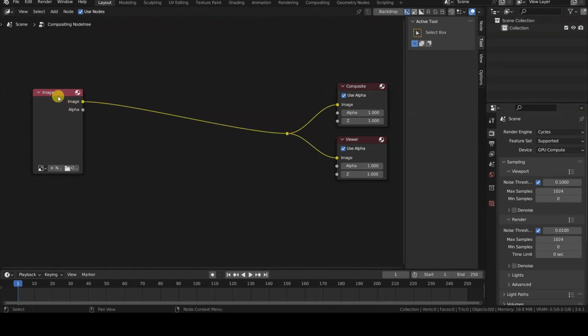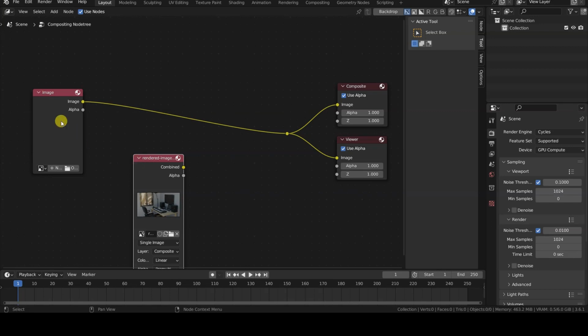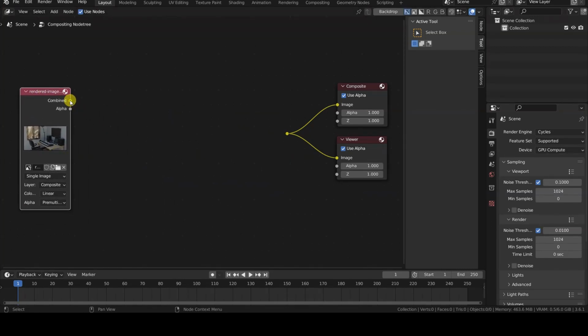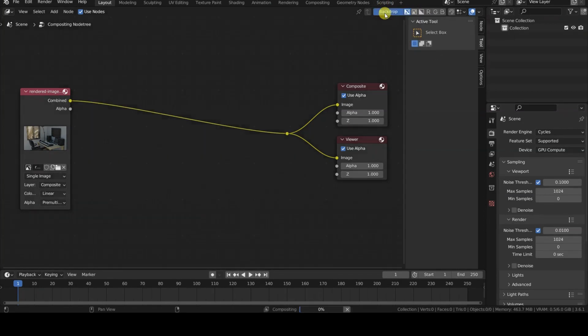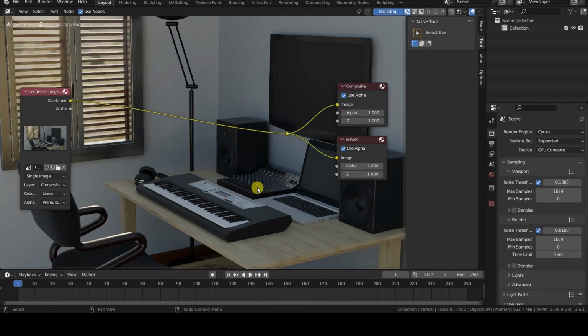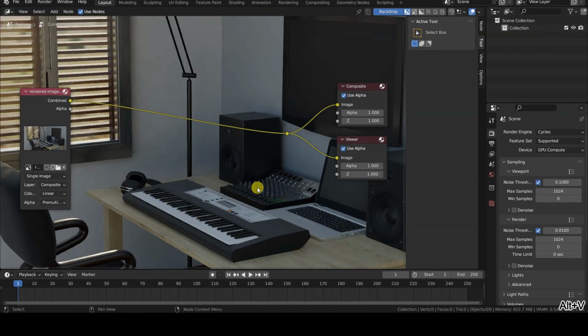In the Image node, let's, of course, load the EXR image we saved to the disk in the first part of this tutorial. Alternatively, we can drag and drop the EXR file directly from the disk into the compositing window. Let's connect the combined output of the Image node to the Reroute node. If the backdrop option is active, you'll see the image as the background of the window. Press the V key to shrink this preview, or conversely, the Alt plus V key combination to enlarge it.